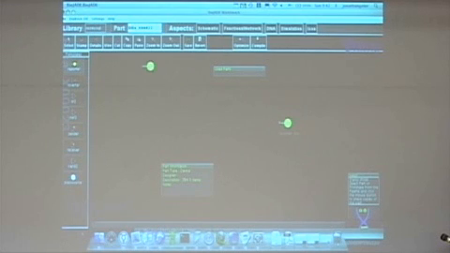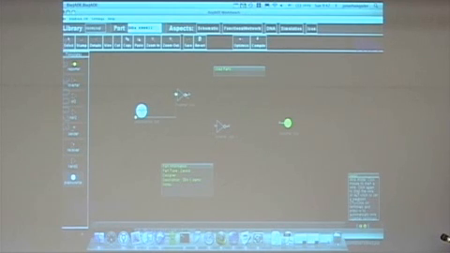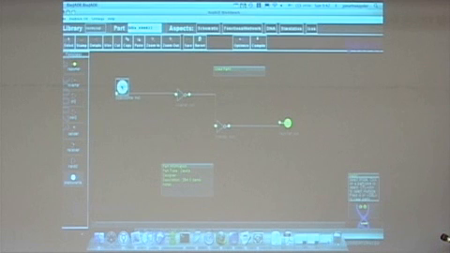Get a reporter here, get an inverter, or two, and pop source. And with the wire tool, you can wire these together. So select the terminals, put them together. You have a design, you can move it around,